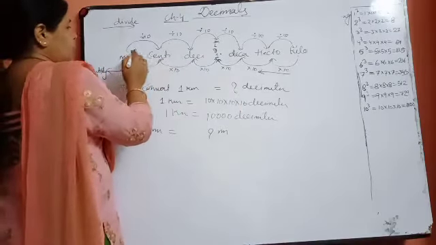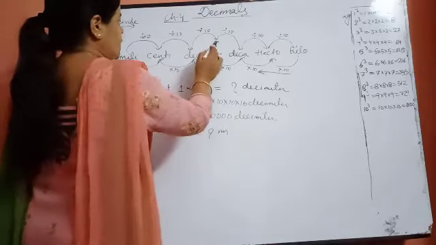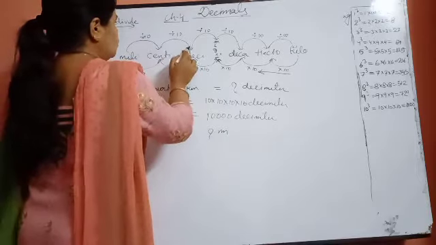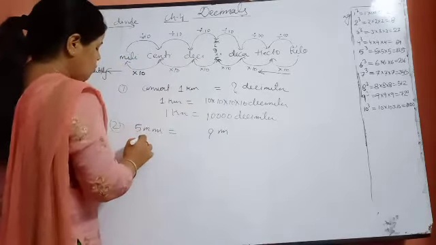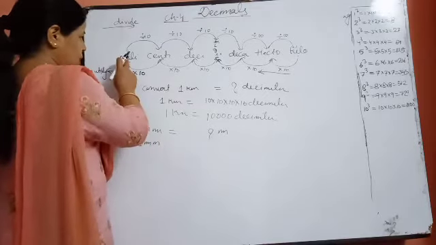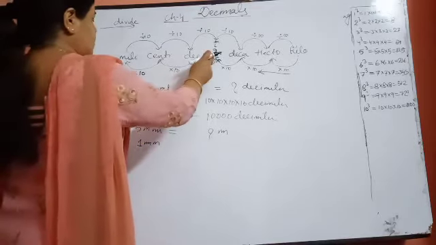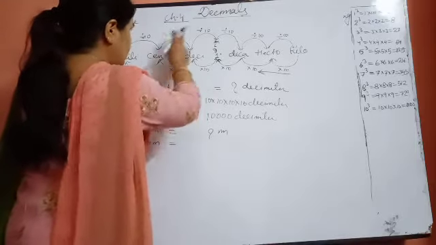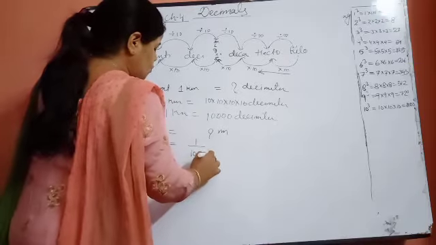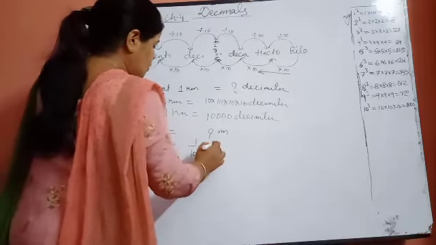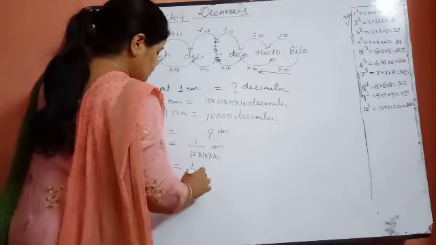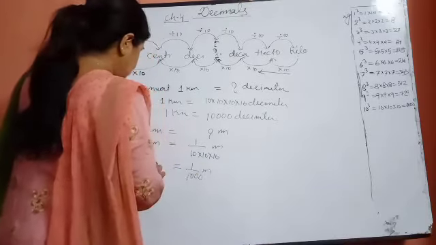Here we have to go from milli to meter, and meter is here. So see how many steps we are going: 1, 2, 3, in 3 steps. So what will you write? 1 millimeter: from here, millimeter, we were standing and here we are reaching. So it is equal to, divide, means how many steps? 1 upon 10 into 10 into 10. In 3 steps we are going to meter. So what will it be? 1 upon 1000 meter. 1 millimeter is equal to 1 upon 1000 meter.